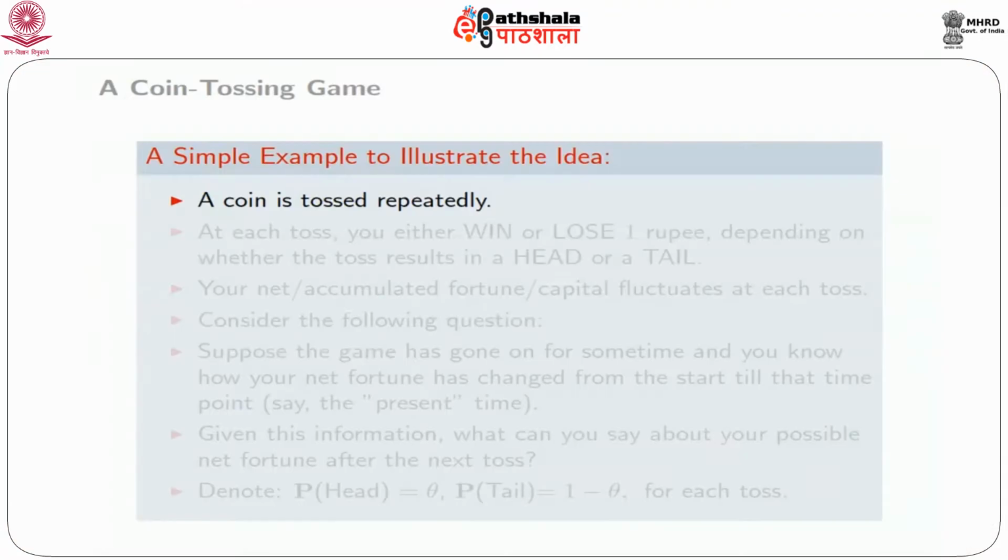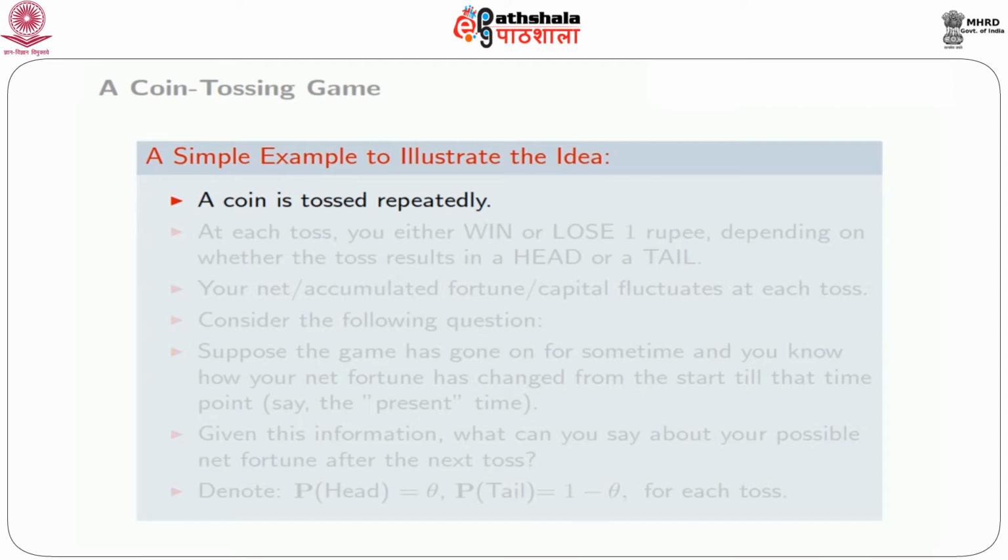Coming to the first module, what we basically want to do is start with an example, a very simple example, and then try to get some properties and make some observations about this particular example. That would give you the motivation for what is more generally known as Markov chains. As I said, we are going to start with a very simple example to illustrate the main idea. It's called the coin tossing game, and all of you have seen it in some context or the other.